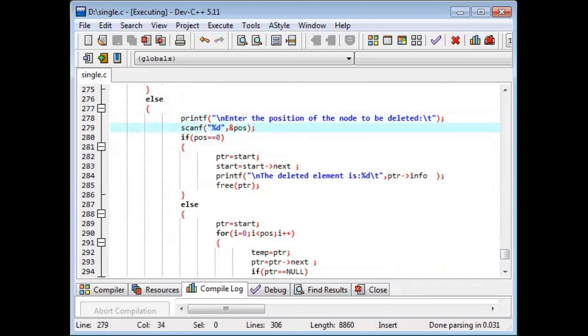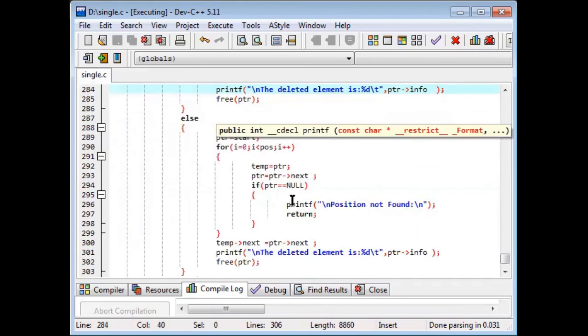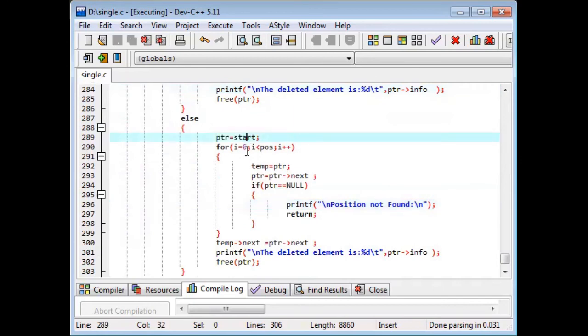Then, if the position is 0, meaning you want to delete the first position, it is very simple. PTR equals start, and you assign the first node's next address to start, and the first node gets deleted. Just print the value and free the space. In case it is not the first node, you need to move to that particular position.